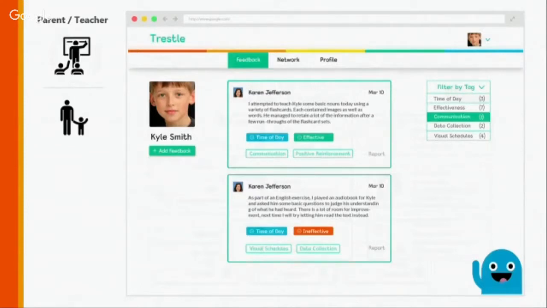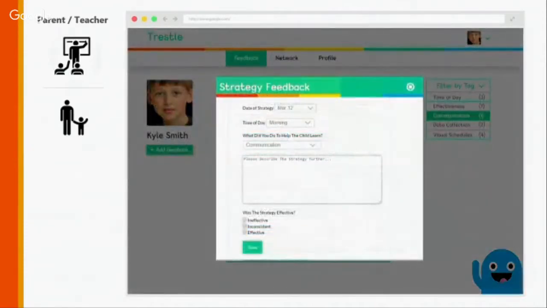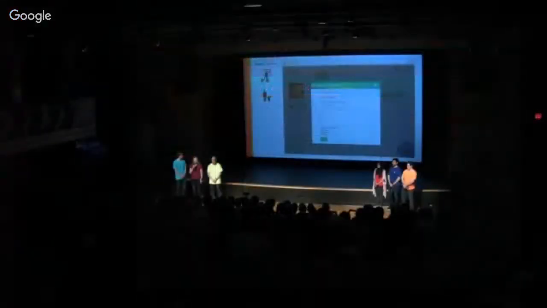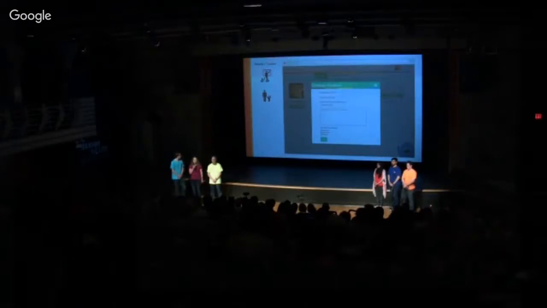You can think of these profiles as sort of like Facebook timelines, but instead of updating progress about themselves, they're updating progress about how the child learns. Within these profiles, there are feedback modules, and within the feedback modules, they're posting the strategies that they use to help the child learn. These strategies could be anything, such as using flashcards to help teach vocabulary, or using positive reinforcement to help teach